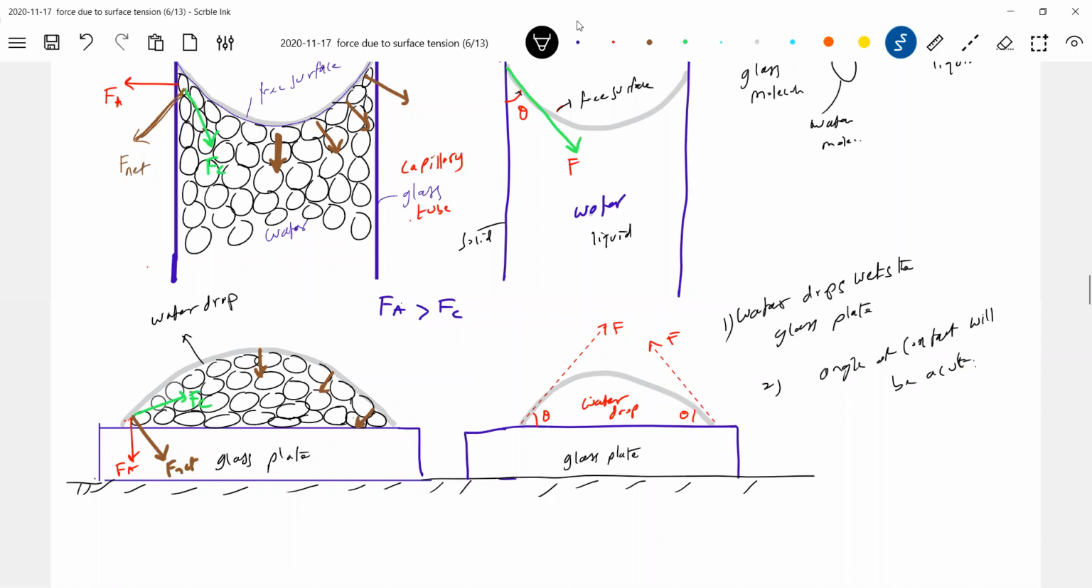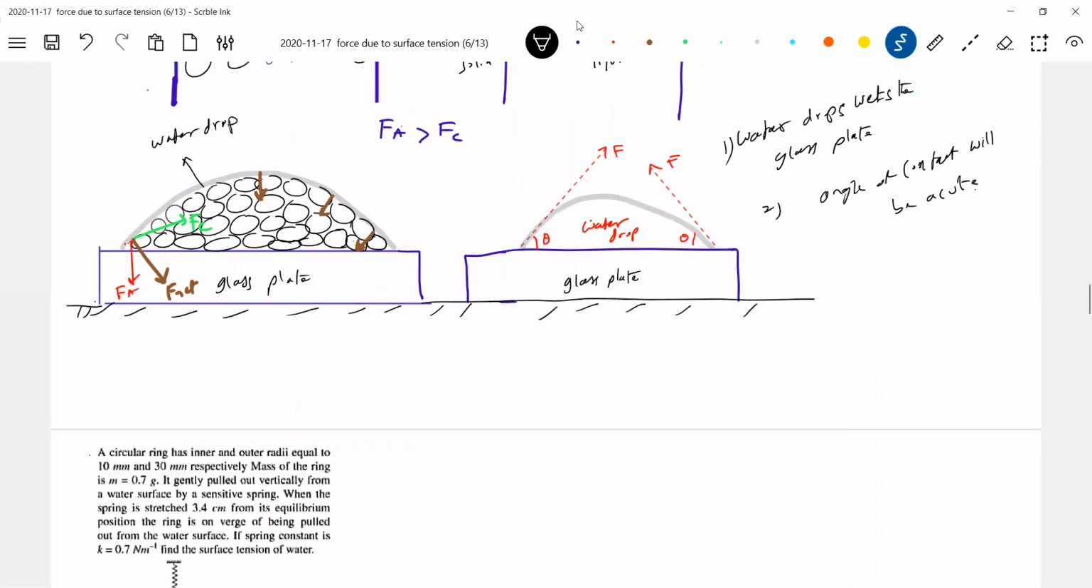Why will water spread? Water will wet wood, am I right? Water will wet glass. Water will wet cloth. Water will wet paper. The reason is that theta will be less than 90 degrees. Okay, similarly, we'll go for